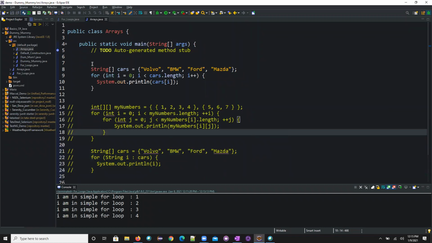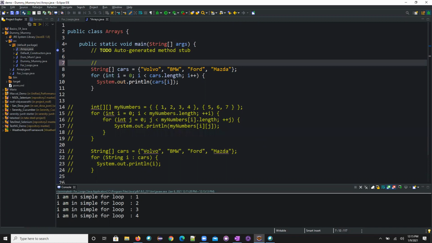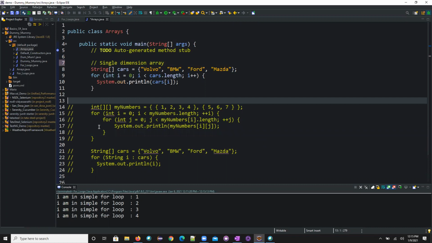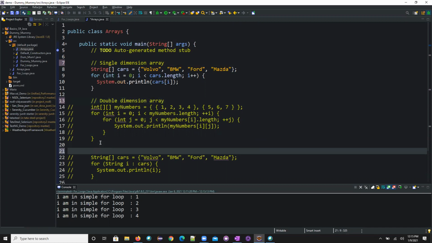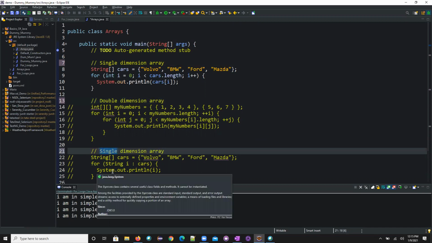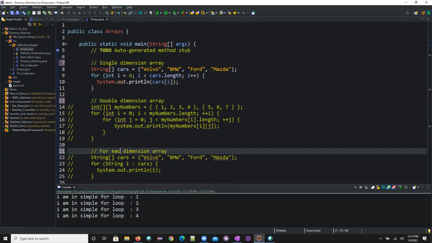So here first we will talk about single dimensional array, here we will talk about double dimensional array, and here we will talk about for-each.